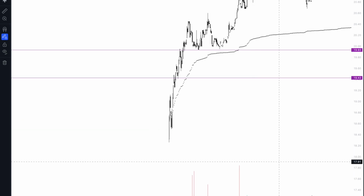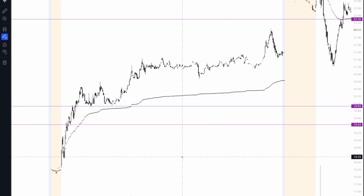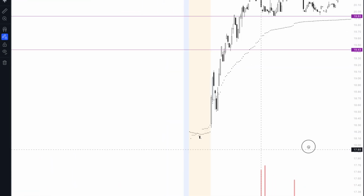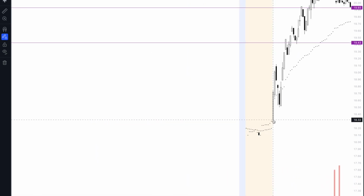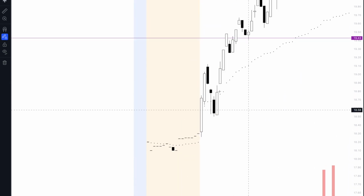If I delete that real quick and go on extended hours, the stock was initially gapping up. Okay, it was initially gapping up. As you can see here, it gaps up from $17 all the way till 18.32. Right, I called this stock in the first 4 minutes of the opening trade. I alerted it at exactly